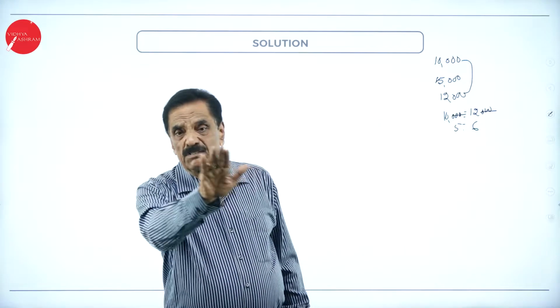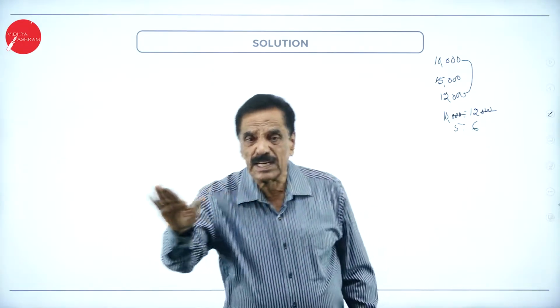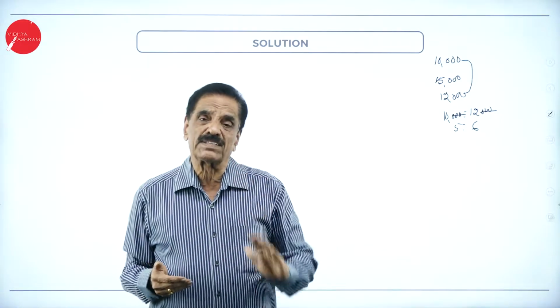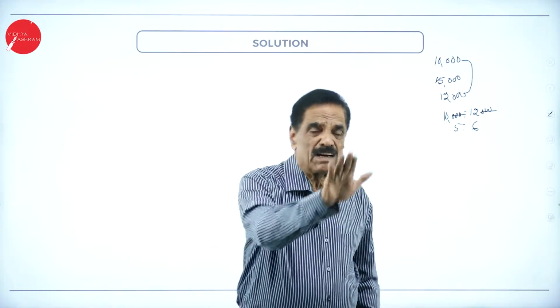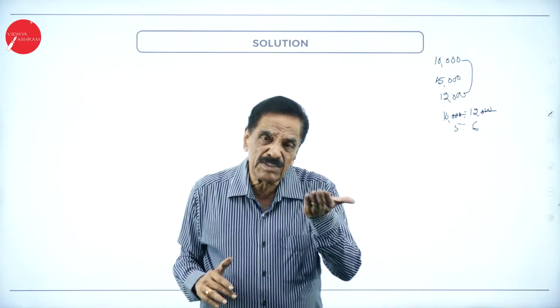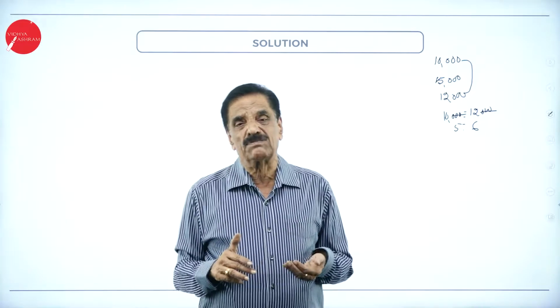First call: share first call account debit to share capital account. When you receive the money, bank account debit to share first call account. Regarding the final call: share final call account debit to share capital account. When you receive the money, bank account debit to share final call account.